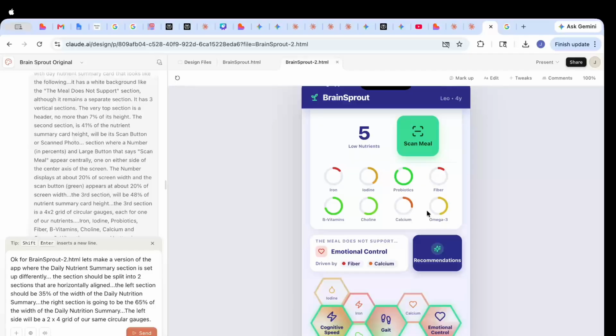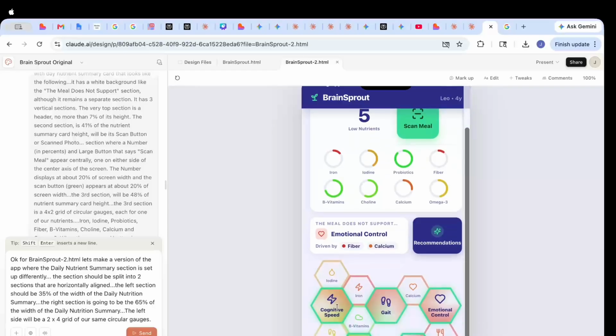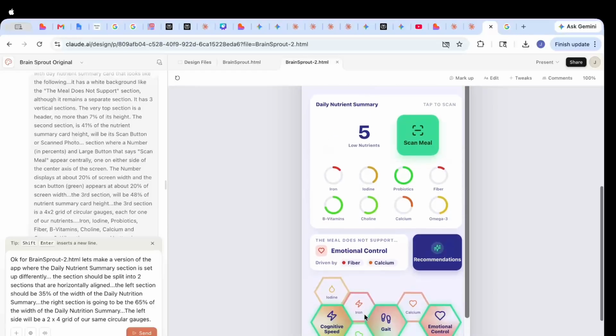But we may also have some more detailed users. We have to remember that this app is for parents, and most parents are very engaged in their children's success, and we are directly correlating the things that we're tracking to things that parents care about, right? The child's ability to control their emotions or control their impulses, their ability to think, their ability to remember, right? So some parents may say that if this is based on daily values, I'm glad that we